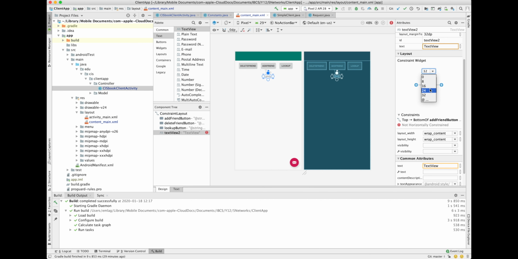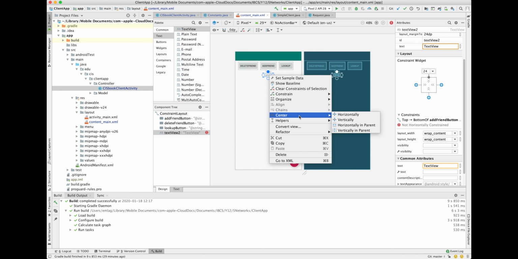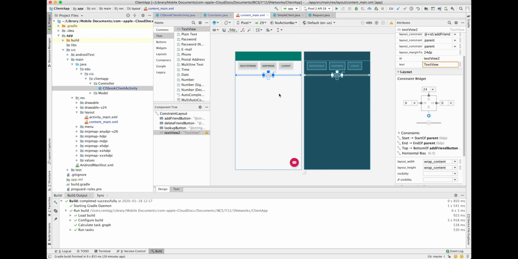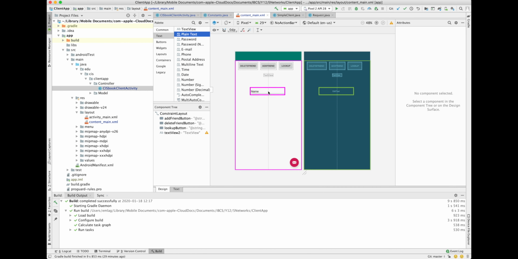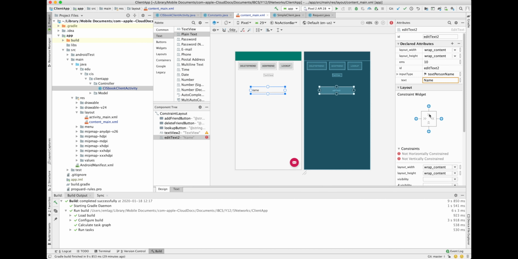It's nice to have sort of one anchor where everything's being constrained to. And then we're going to right click on it and we're going to center it horizontally so that it's nice on the middle of the screen. And then we can come around and get this plain text one, which is an input that the user can use. And then we can say constrain this one